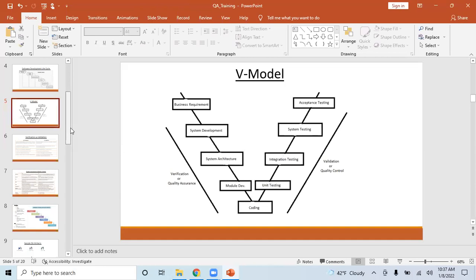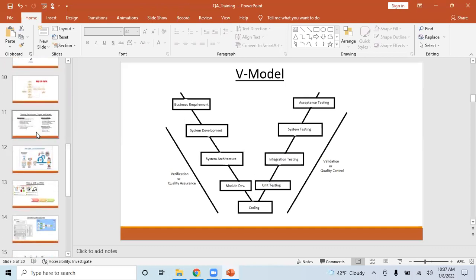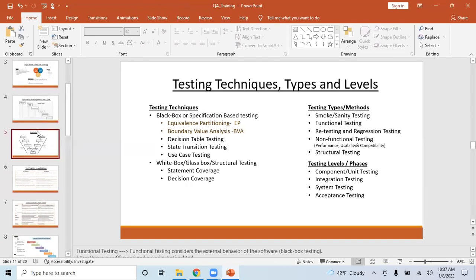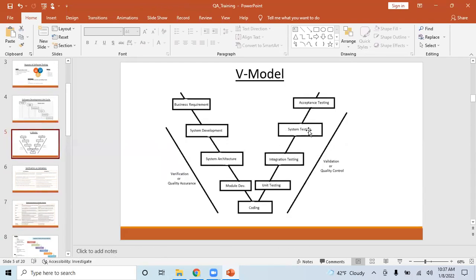Yes, I covered that, the testing techniques, types and levels of testing. This is very important when you identify things in the V model. When you are doing testing here, what kind of technique you are using, that's where black box testing comes into the picture. And when you are doing integration and unit testing, you do white box testing.